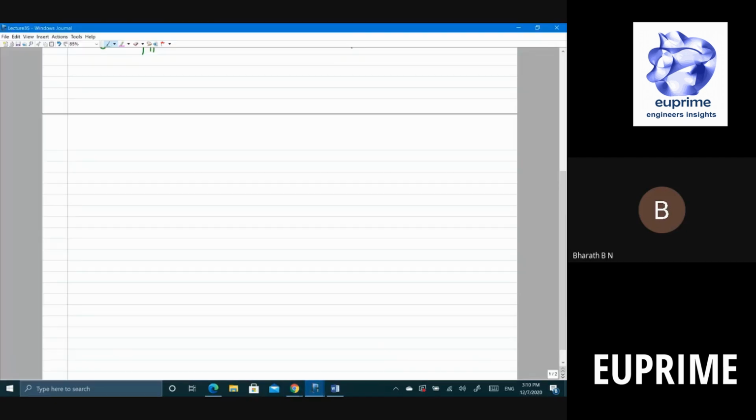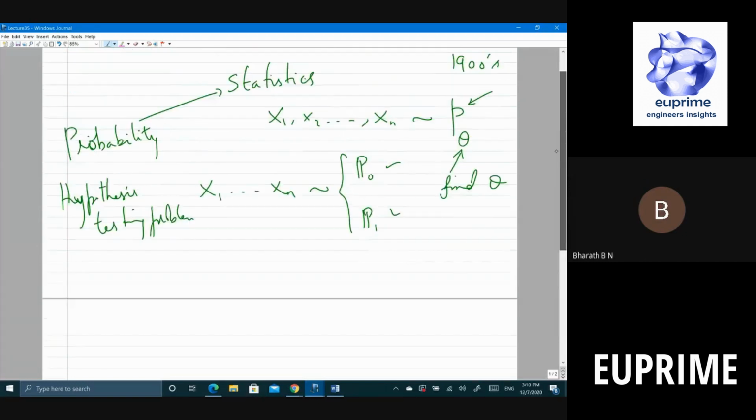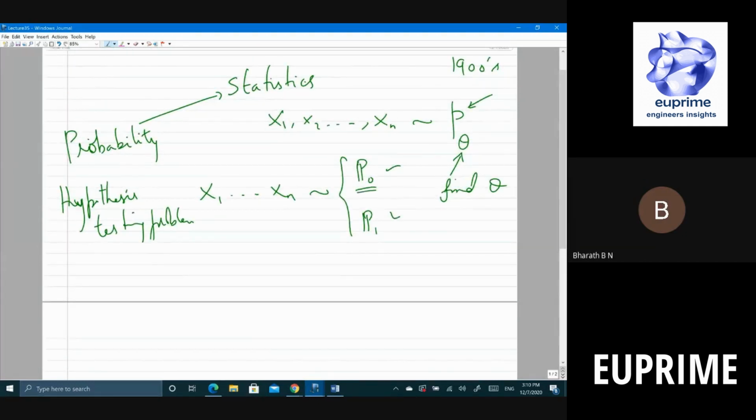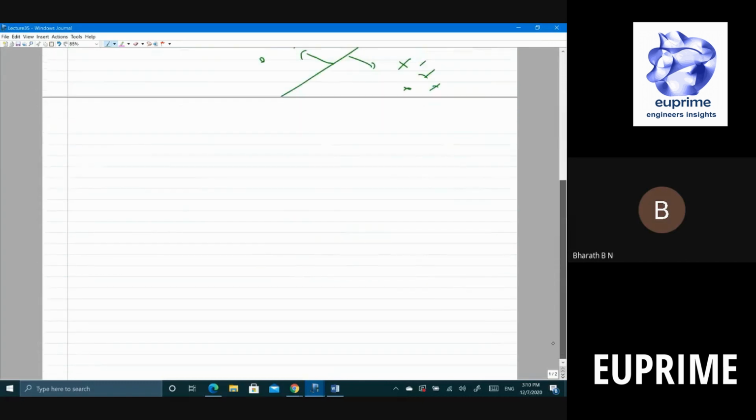Anyway, so for example, if you don't know the distributions P0, P1, you don't know the class of distributions, what do you do now? What you do is you just look at the pattern. For example, one set of data points lies here and the other set of points lies here, and you put a plane here and say if it is to the left, it is H0, and if it is to the right, H1. H0 and H1 are the two hypotheses. So how you learn this plane is the question that you ask in neural networks. Anyway, this is what you do.